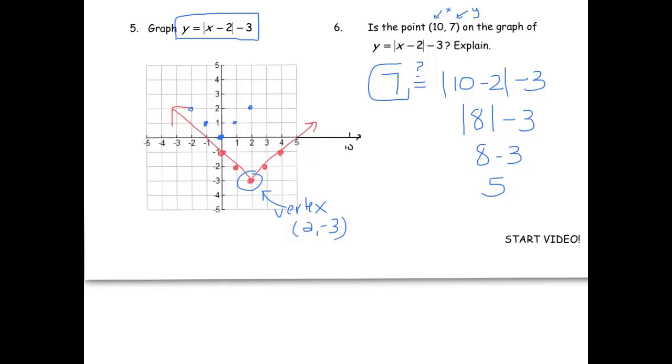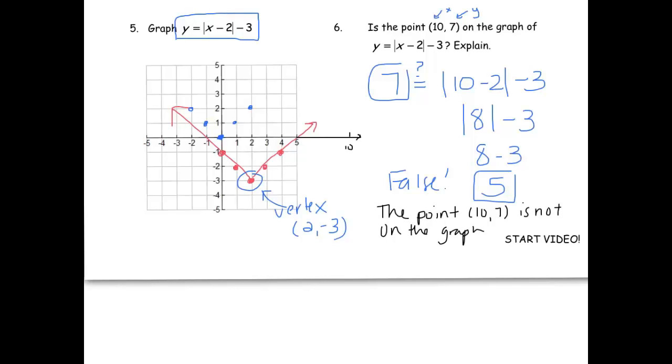Is 7 equal to 5? No, that is a false statement. So I'm going to write a sentence. The point 10, 7 is not on the graph y equals the absolute value of x minus 2 minus 3,